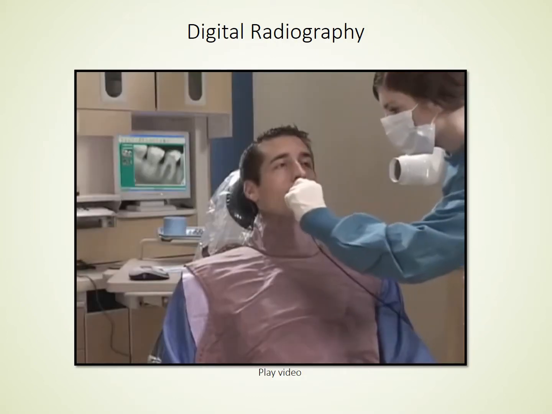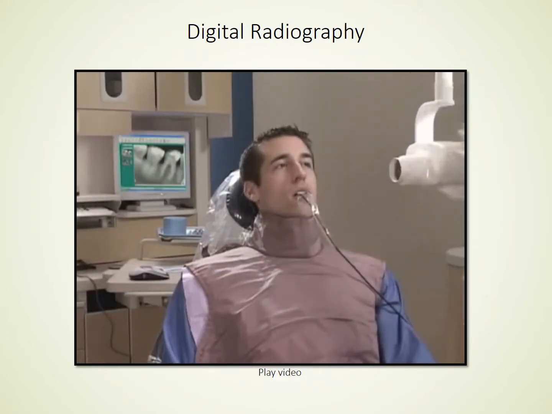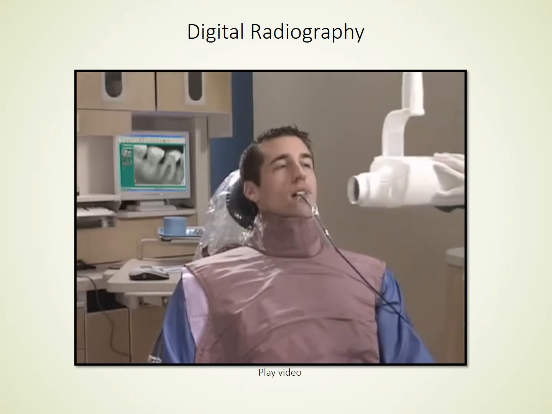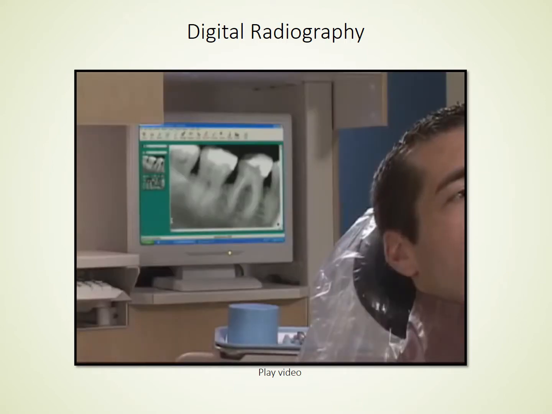The computer era has brought us a dental technology called digital radiography. With this technology, we use computerized equipment and software